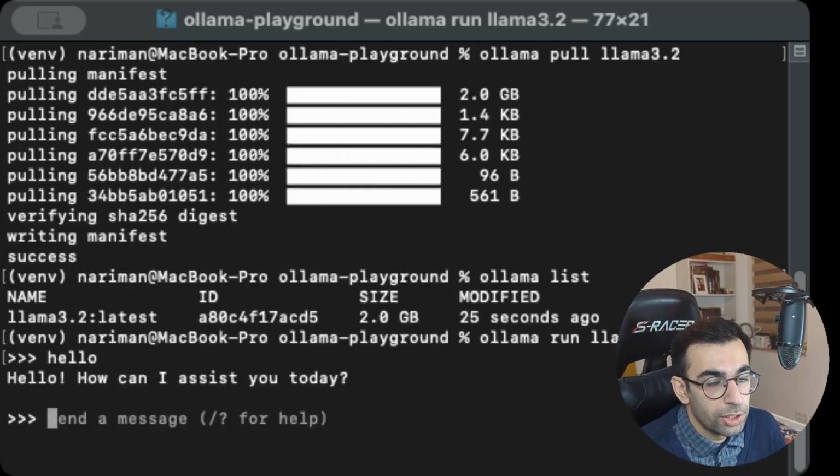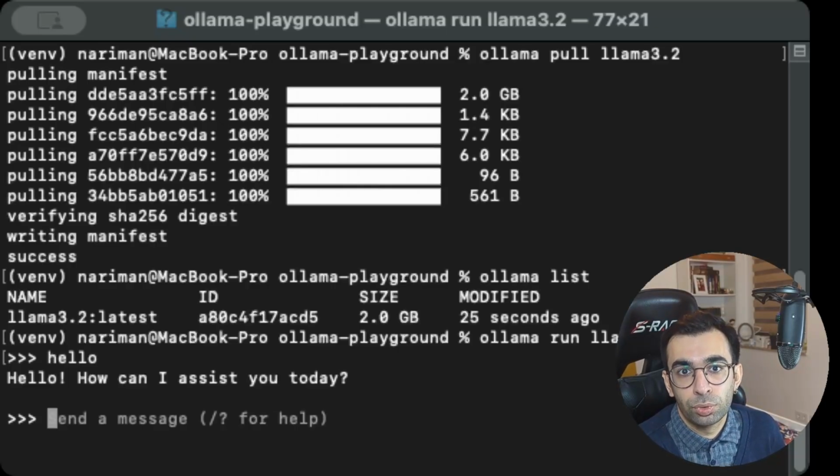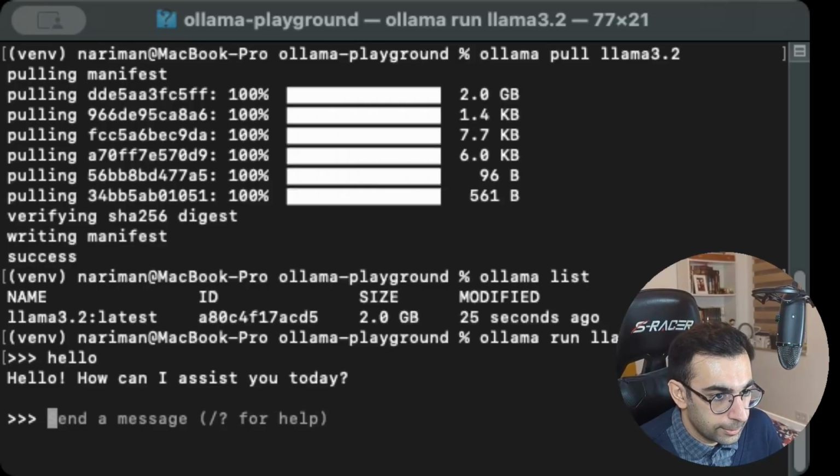Ollama is running locally on your machine on a specific port, and it's exposing some kind of REST API to you. So you can talk to your model also by sending HTTP requests. So let me show you. I can open my Postman,